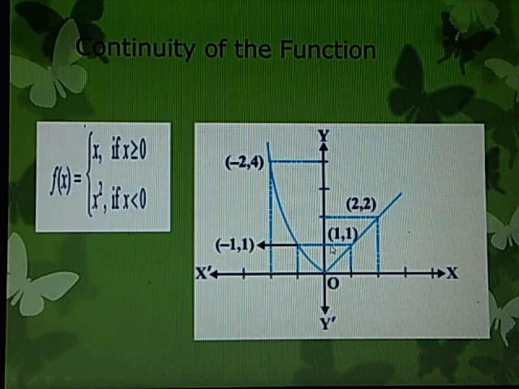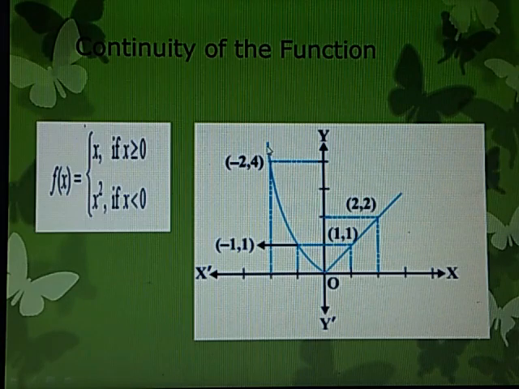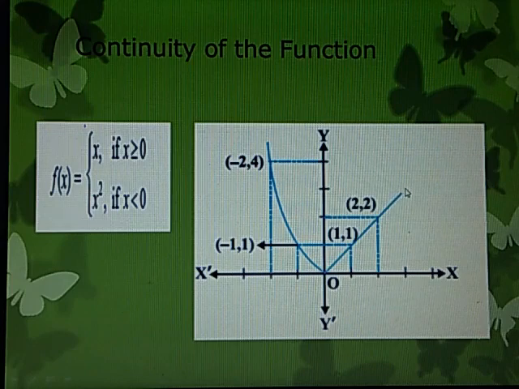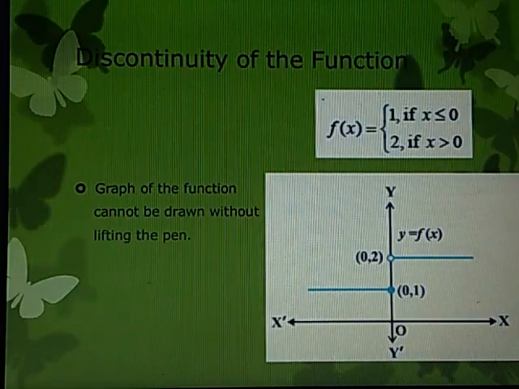Now let us move from left to right and see, in order to draw this entire curve, do we need to lift our hand or not? So moving from the smaller values of x to the larger values, we will move from the left of 0. As the value of x increases, you can see x square is coming down, that is the value of y is decreasing, but we can draw it smoothly without lifting the pen. The moment x becomes 0, y also becomes 0. Now as x increases, y also increases. So the entire graph can be done without lifting our hand. That means it is a continuous function.